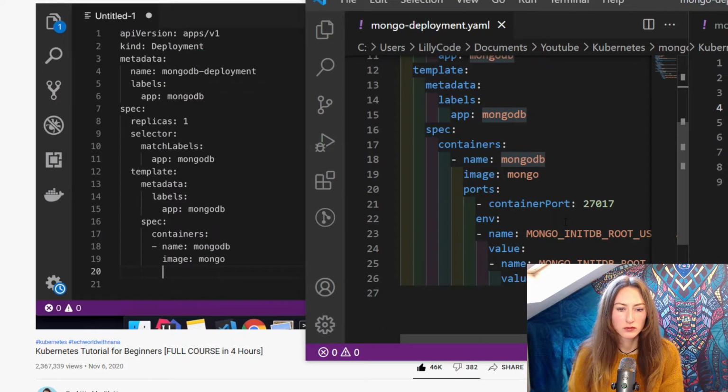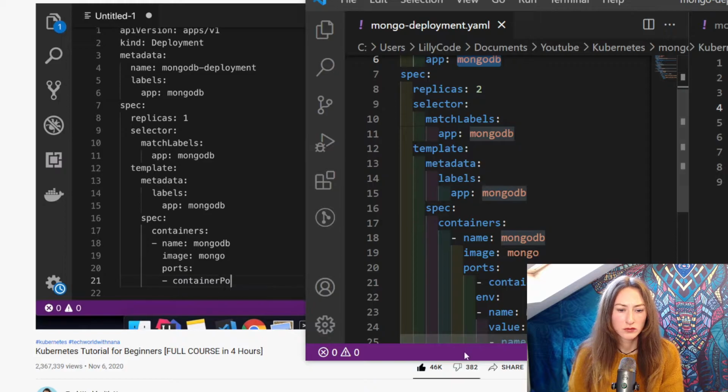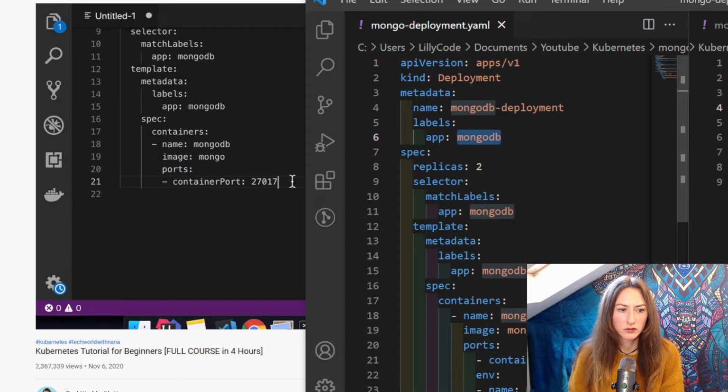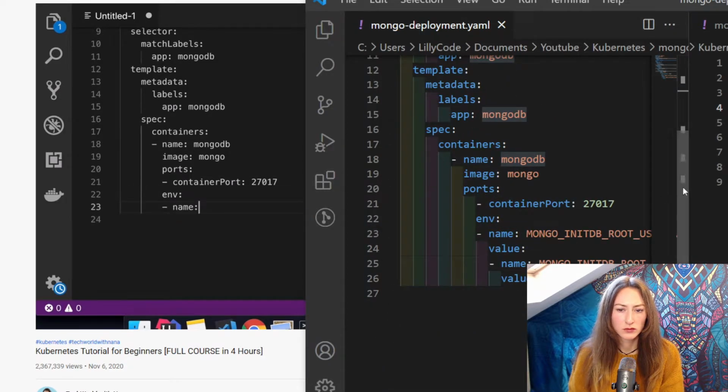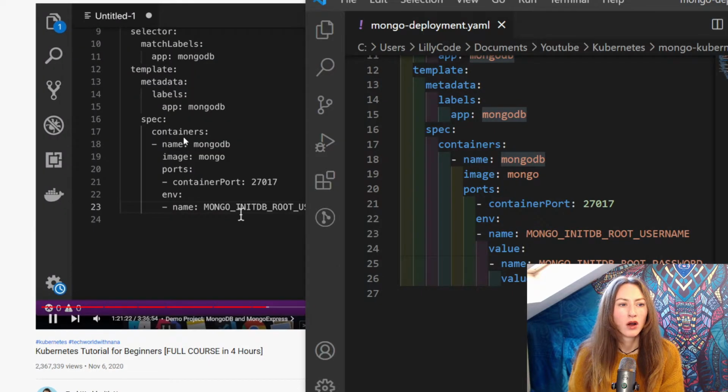So here I'm going to specify what port I want to expose. So ports, that's the attribute name, and container port. And that's the standard port, so I'm going to leave it. And below that, I'm going to specify those two environmental variables. So one is called, let's see what it's called. It's Mongo initdb root username. And here is going to be